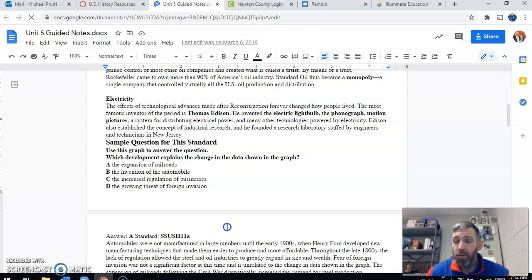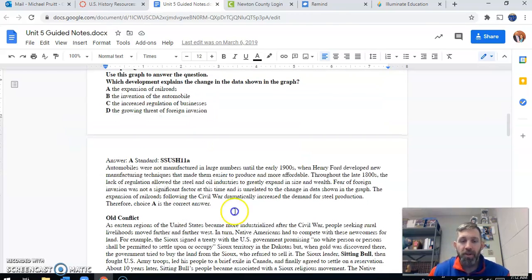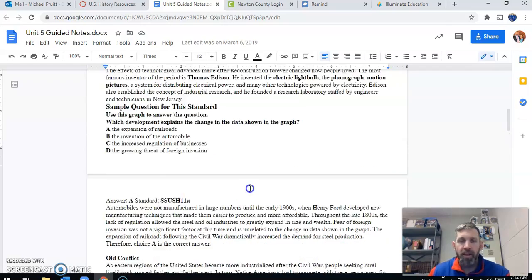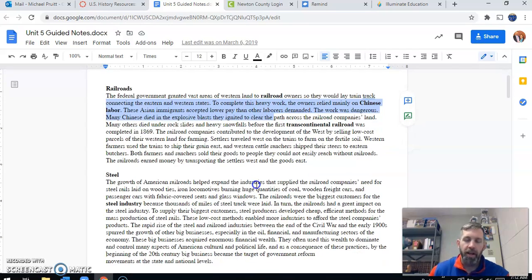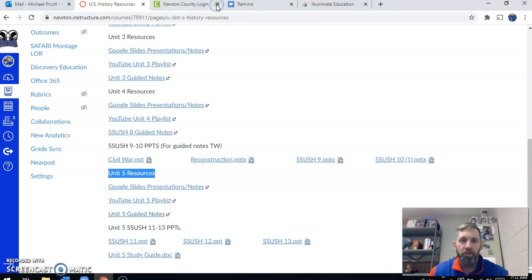Guys, anytime you're working independently and we ask you to go do something, these guided notes are a resource. You can use them. So if Mr. Burrows and I give you time at the end of class and say, hey, we want you to work for the next 25 minutes on this organizer or this assignment or this project, you can use the guided notes to help you.